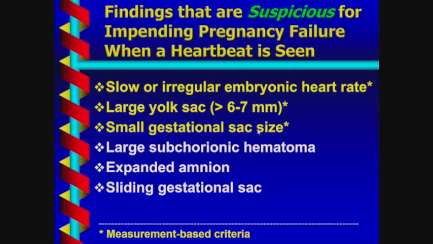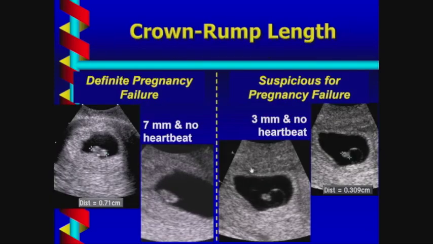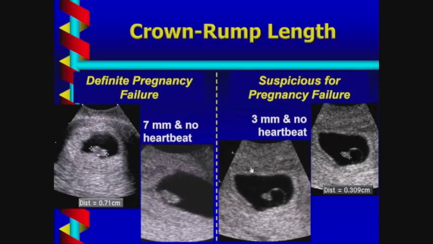Even if there is a heartbeat, if you see any of these and some non-measurement criteria, they indicate that the pregnancy is likely going to fail subsequently, usually within a few days after the ultrasound. But these are other uses of ultrasound measurements in pregnancy to determine